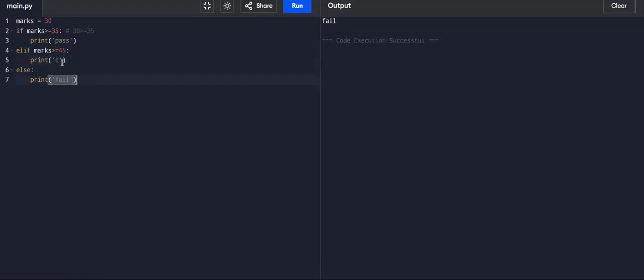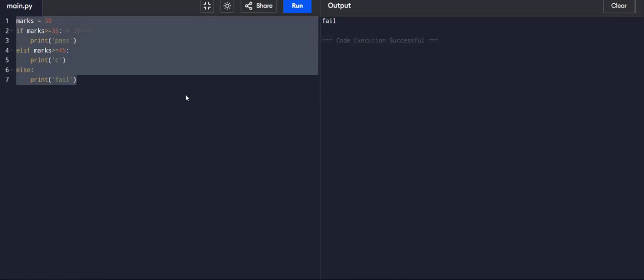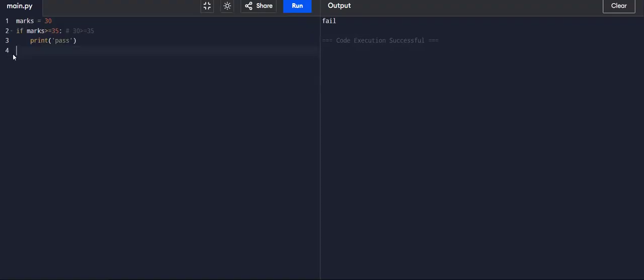So why is elif better than multiple if statements? Many beginners write like this: if marks greater than or equal to 90, print A, and next, if marks greater than or equal to 80, then print B. So both conditions. So if I take marks as